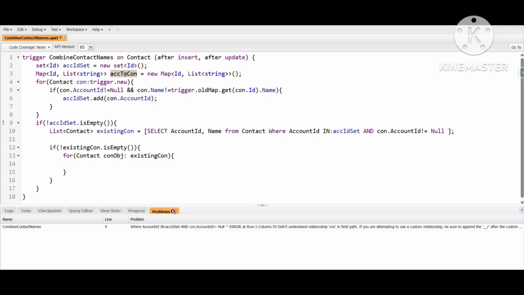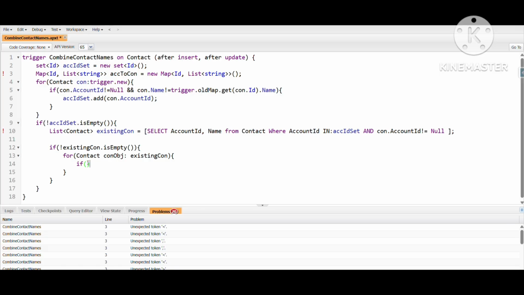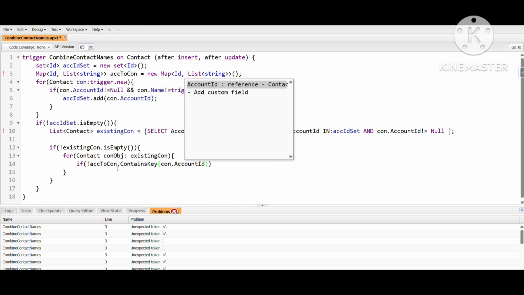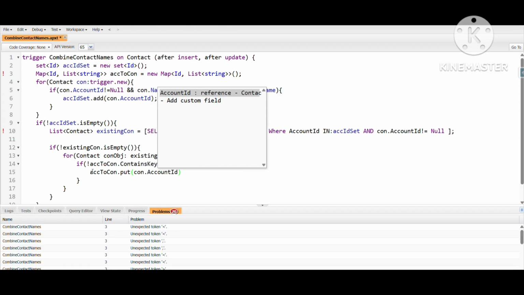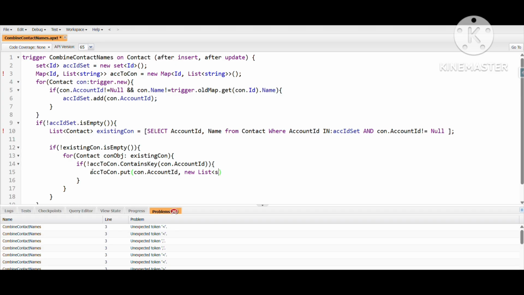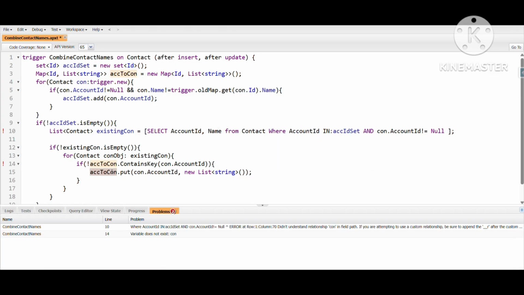Now we will check if this contains the key of contact.account ID. If it doesn't contain it, then we will put it here and create a new list of string. And in case a contact record is coming up which is already there,